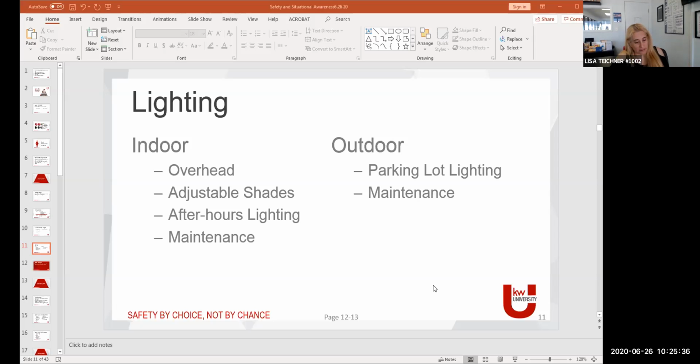Lights should be on in the office at night. Yes, definitely, we did talk about that. I think that's great. In fact, it's not always on. We actually do have one of our lights in here, but I'm going to check on that myself for our office. Okay, so lighting, indoor lighting, you have overhead, adjustable shades,